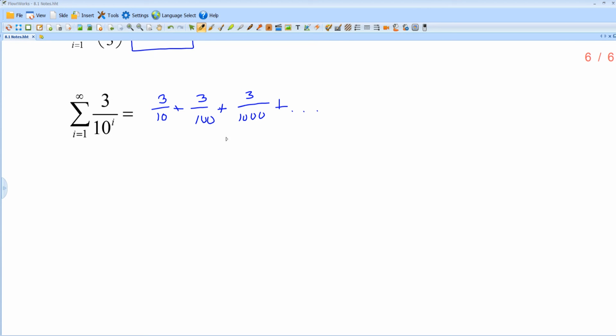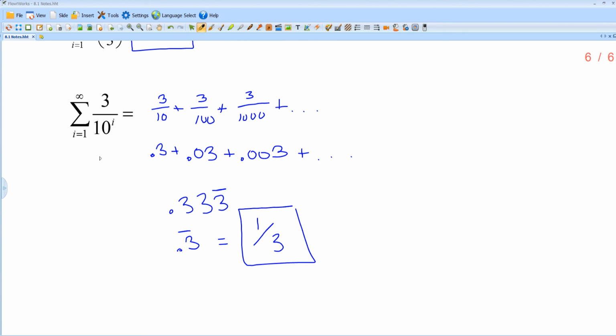Okay, so that might be a little bit ugly. Let's think about the decimal. 3/10 is 0.3. 3/100 is 0.03. And 3/1000 is 0.003. Now, if I add just these first 3 terms, I'm going to get 0.333. And as this continues, I'm just going to keep repeating 3's. Well, 0.3 repeating is also known as 1/3. So my infinite sum, if I were to add that up infinitely, would be 1/3,